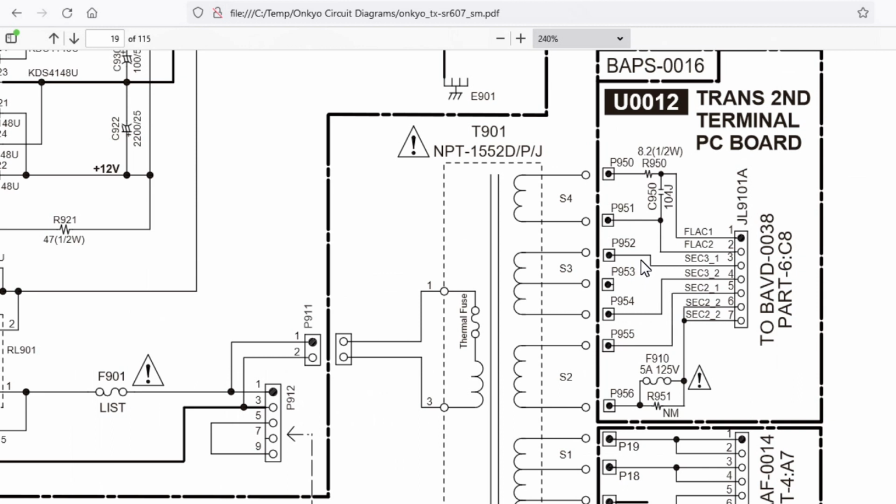On here I read 39 volts AC, and I've got a feeling this upper winding here, FLAC 1 and 2, have also got something to do with display. So if R950 with this particular model is open circuit, that might stop your display working as well. And I think I was getting about 5 volts AC across this winding. So going back to here,